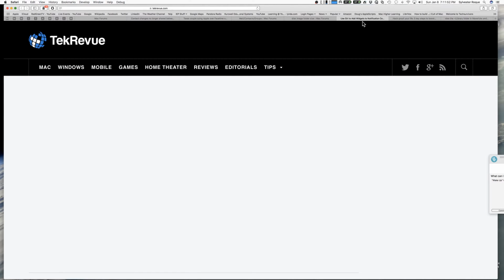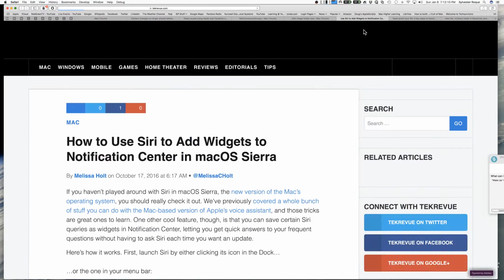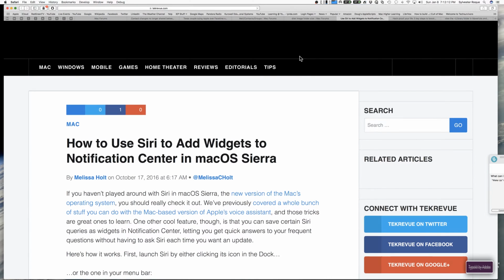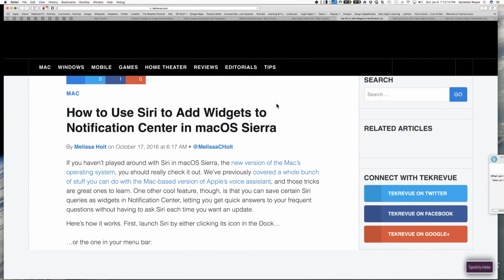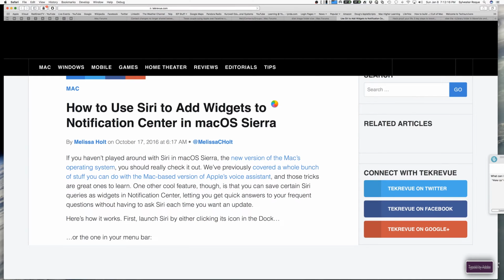All right, this next thing is not really a forum issue. Looks like it's being a little bit slow here. It comes from Tech Review. Let me reload the page and see if we can get things going here. Sometimes the Tech Review site gets a little overloaded. There we go. This has to do with using Siri to add widgets to the notification center in